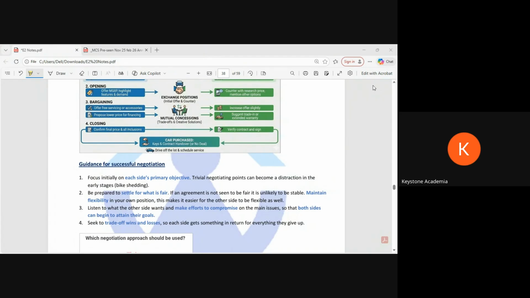Right. Makes sense. So we should know what is the maximum we can pay, and what do you think the other person can come down? And if they don't come down, what is the maximum we are ready to pay? And we also need to understand this negotiation doesn't start immediately. We have to invest a lot of time and resources. So you are almost there in the deal, and just towards the end, you want to cancel it. It's a waste of time and resources, isn't it? It's a loss.